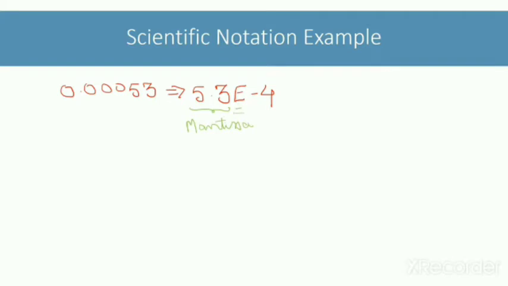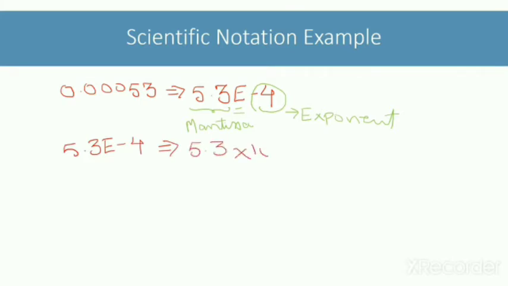This is followed by the letter E and then the exponent minus 4. The exponent indicates the power of 10 by which the mantissa is to be multiplied, and E represents the number 10. So 5.3e-4 is equivalent to 5.3 into 10 to the power of minus 4.